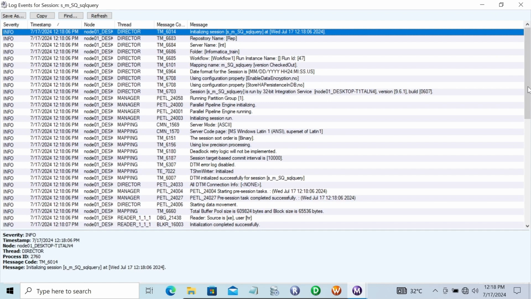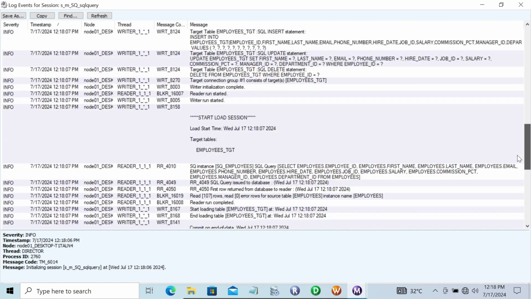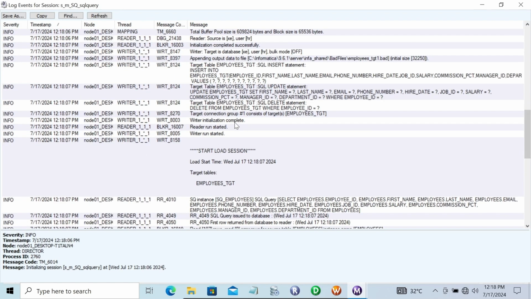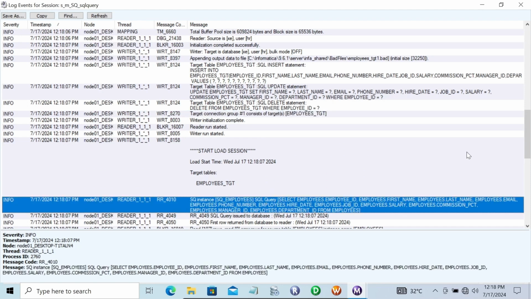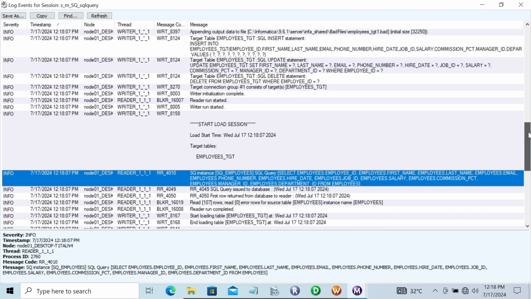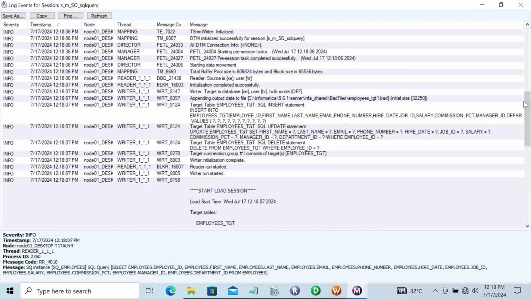So here you can see this is the default query that's generated by the source qualifier, SQ, and this is the default query. So the next is here. Let's go on this